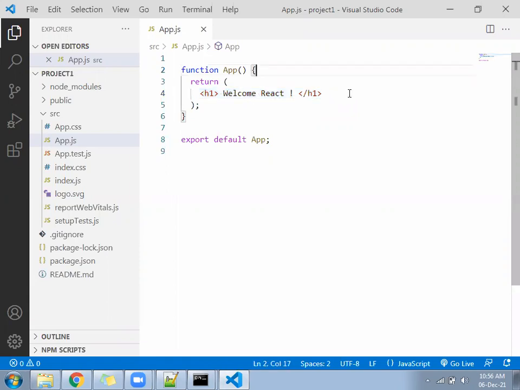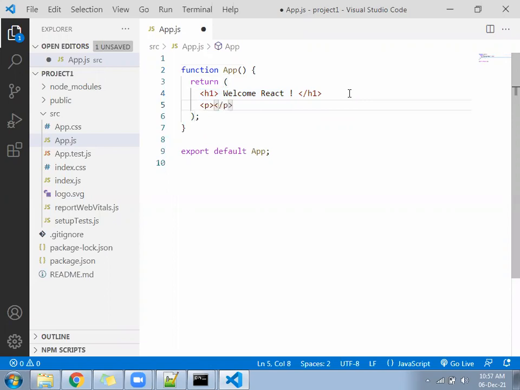Now understand. Let's come down below. The H1 is written, no problem, it's working. Below it, you write a paragraph.